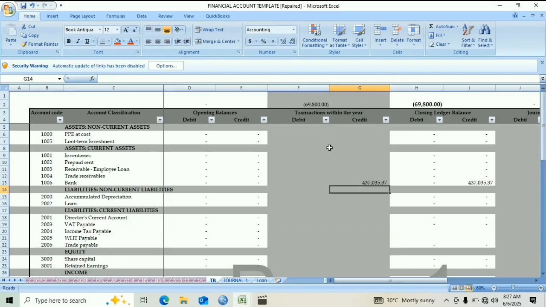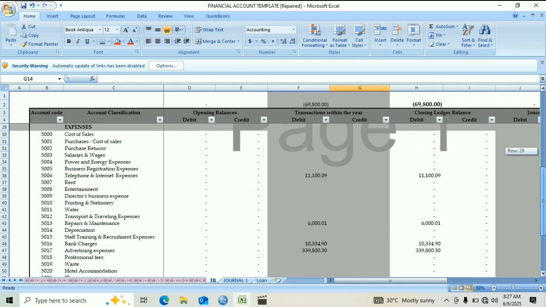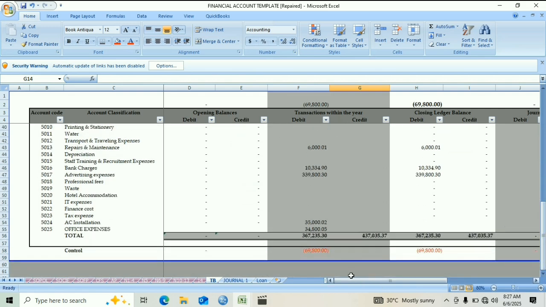Since we are using double entry, we debit this one and we credit this one. This is supposed to be showing us 0. So let's look at what the issue is. Okay, it's showing us that there is 69,800 naira that is out of place, and I'm very sure it's these two amounts, because we just added these two here. We inserted a new row for the two of them, and the formula that is here